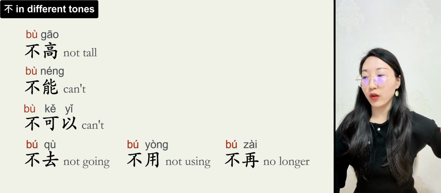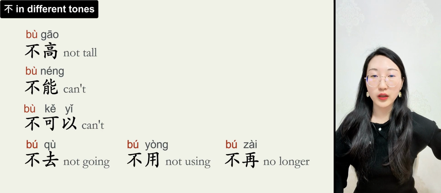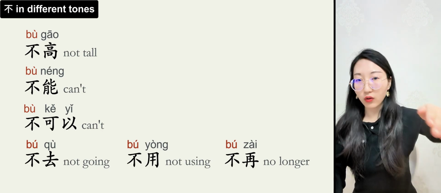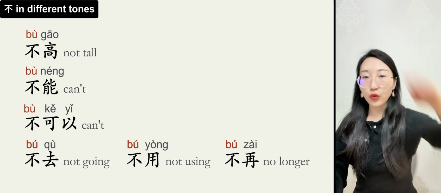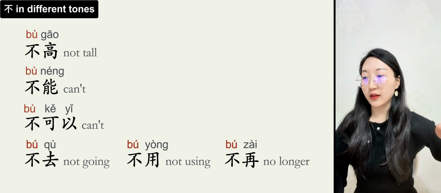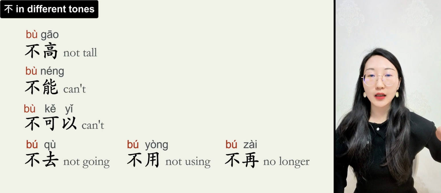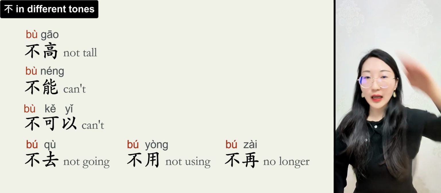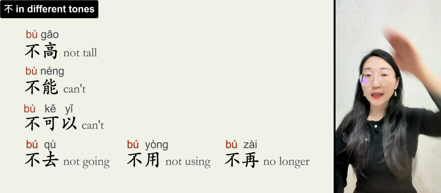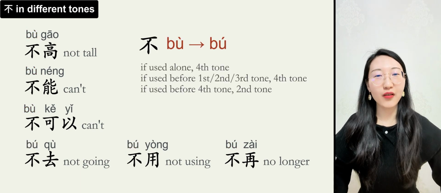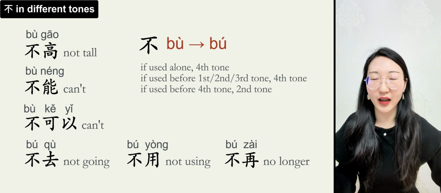And it's the same with 不用, don't use, not using. 用 is fourth tone, so 不用. And it's the same with 不在, 在 is fourth tone, so 不在. So I know the tone thing can be difficult in Chinese, but I don't want you to